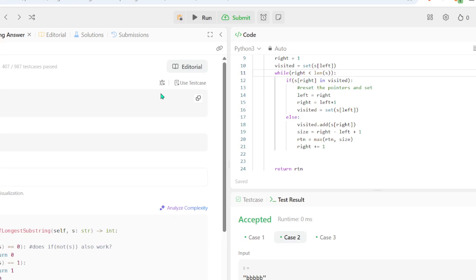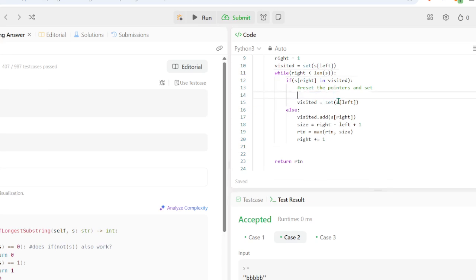Okay, wait, I think I have an idea here. So, what I need to do is, instead of doing left equals right, we need to do a while loop in here.